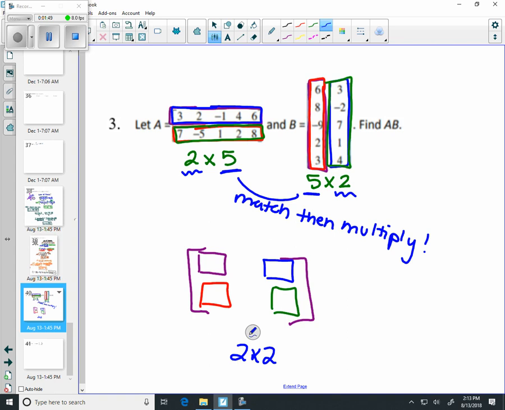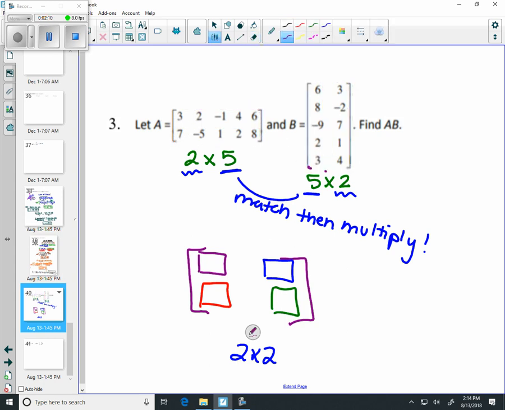And you can absolutely put this in your calculator, and you can look at what we did on the ACT review days, those videos, to look at that calculator review if you would like. You can also do this by hand. And to do these by hand, I'll show you how this first row and column works. So to get that first entry, you're going to do 3 times 6 plus your next 2 times each other, 2 times 8